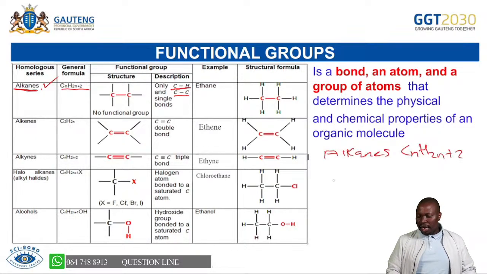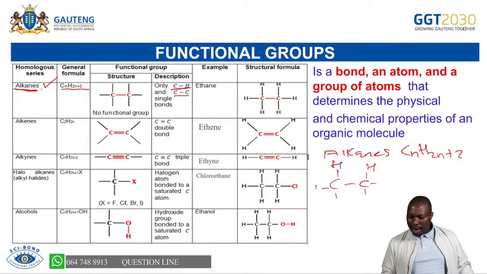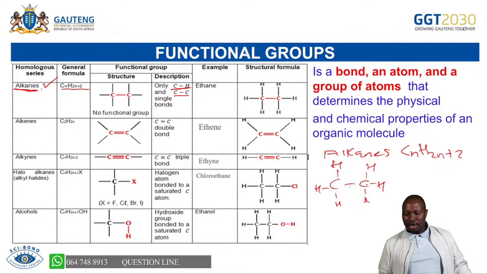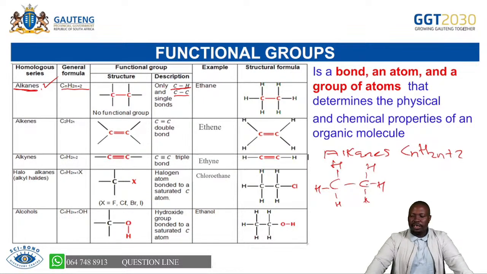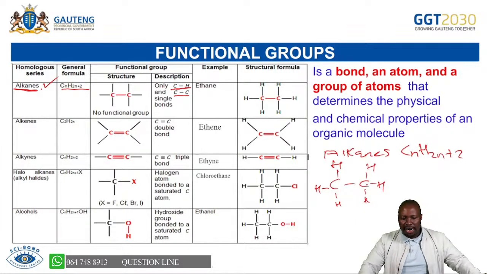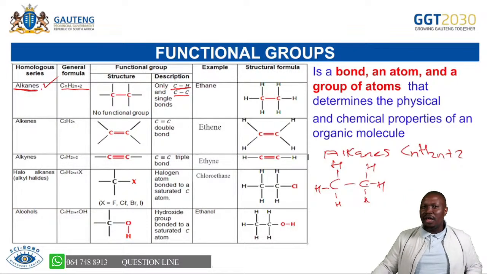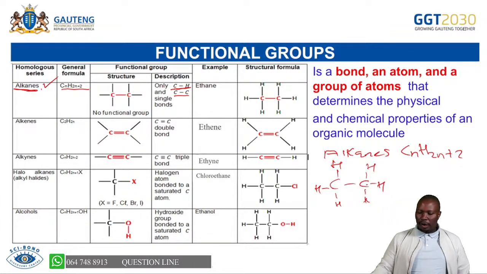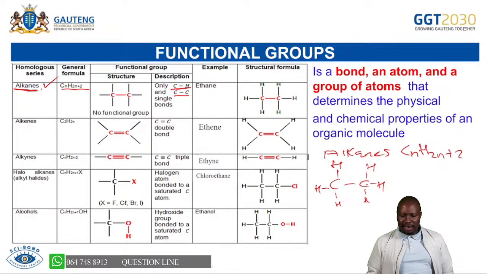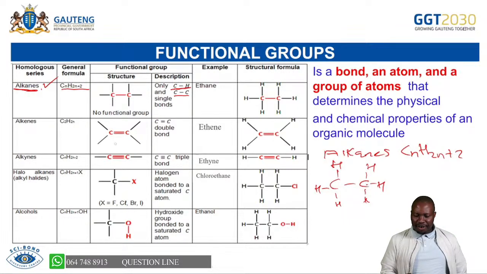A structure that is made up of carbon-carbon single bonds and carbon-hydrogen single bonds will be an alkane. If I draw a structure like that one, you are able to see that this is an alkane. Why? Because it's made up of carbon-carbon single bonds and carbon-hydrogen single bonds. That's how you will recognize them. That is the first important thing: you must understand alkanes before you understand all the other homologous series. You will understand as we move forward why I'm making that statement. So those will be our alkanes. Now, from alkanes, we have alkenes.